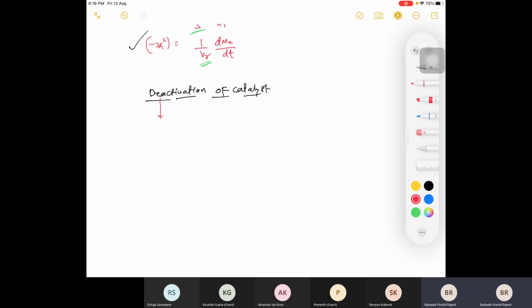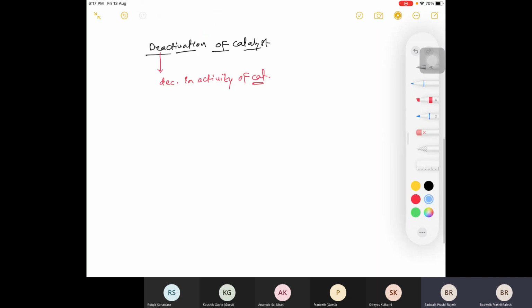What do you mean by that? The term itself is telling you something. It is deactivation. Reducing the active sites present on the catalyst. Correct, correct. Okay. So you can directly say it is a reduction in activity. And reduction in activity means decreasing the number of active sites, right? So that is correctly pointed out. So I can write here decrease in activity. Decrease in activity of catalyst.